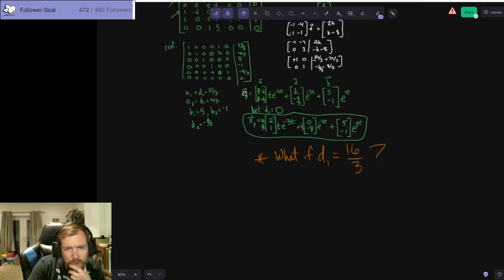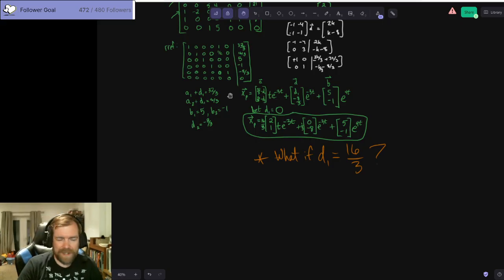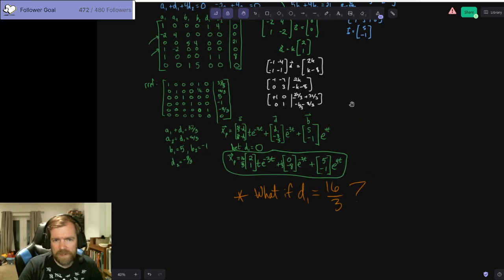We need to get 48 in the top. So it'd have to be a negative 16/3, and a negative 32/3, which is still not twice the amount of the other one. That's going to annoy me. Okay. Yeah, I don't think it's going to work. I think there must be an error somewhere.